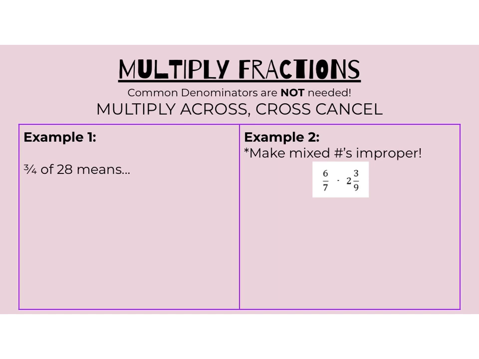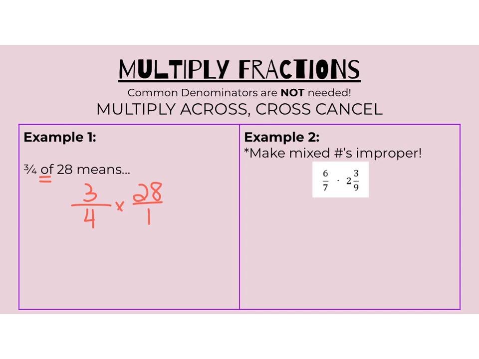What does that mean? The key word here is "of," and that tells us that we're going to be multiplying 3/4 times 28. And since it's a whole number, I will put it over 1 to make it a fraction. Now you could multiply 3 times 28, but you can also cross cancel here. So remember, to cross cancel, you look at either the numerator or denominator and see if there are any common